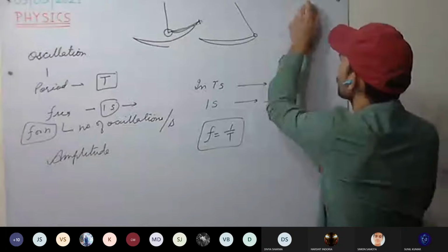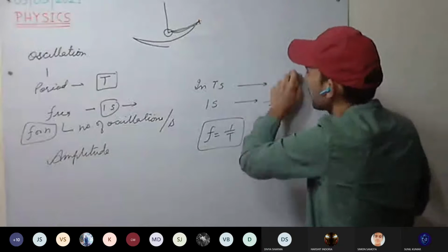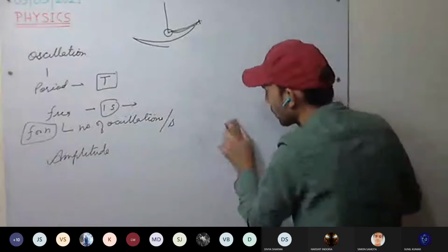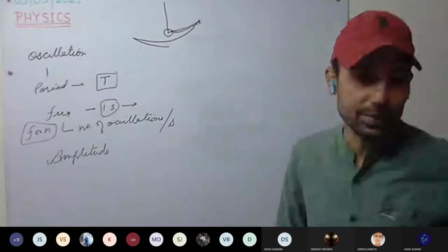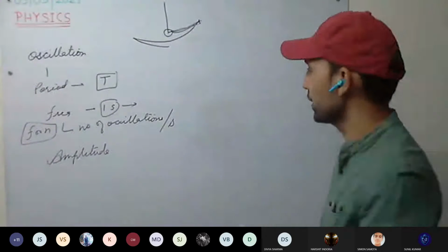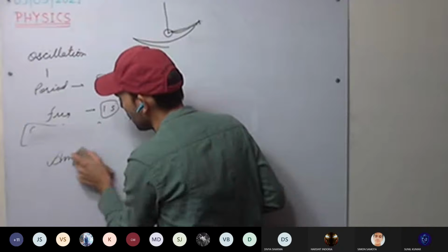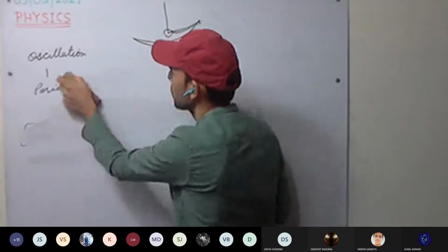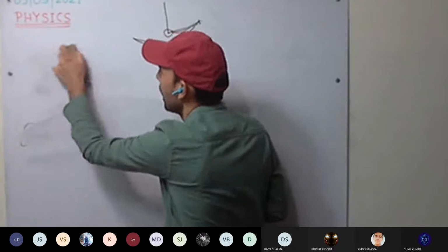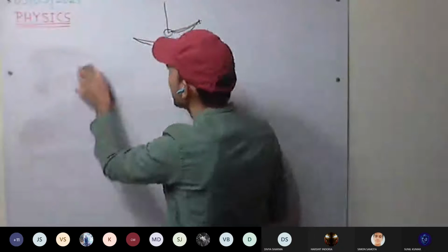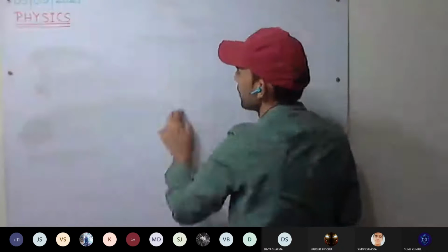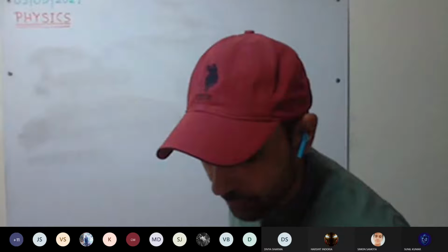Okay. Today we have to discuss measurement of time using simple pendulum. How do we measure the time? So we'll be measuring the time period of the simple pendulum. What is the time period? That is, to complete one oscillation, how many seconds it is taking. Okay, that we have to discuss.